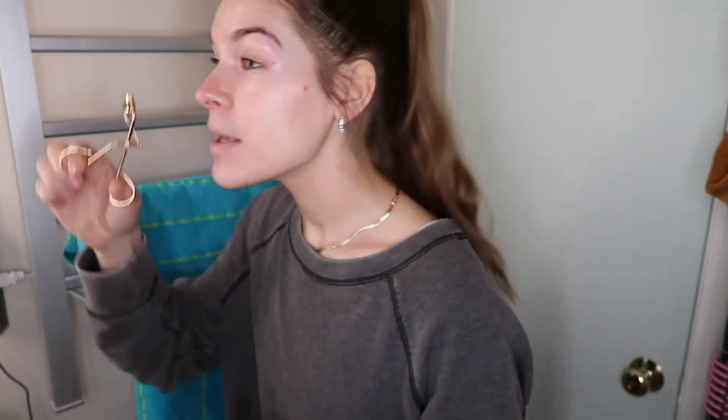Two important steps for me after this: eyebrows, eyelashes. Eyelashes without mascara if I don't have to go to work or if I'm not feeling wearing mascara, or eyelashes with mascara. But I'm always doing my eyebrows to leave the house, or if I have Zoom University like I do right now. So I'm gonna go ahead and